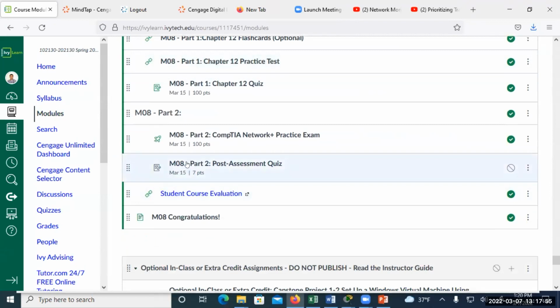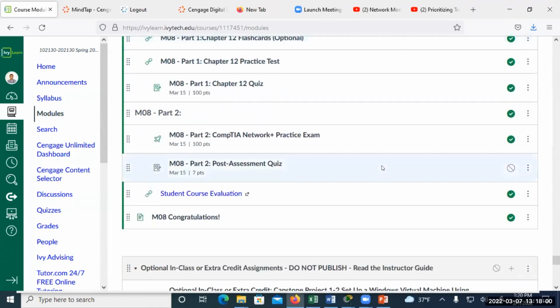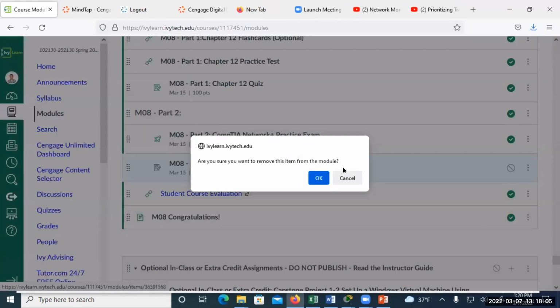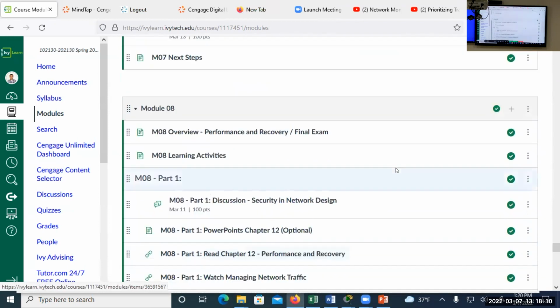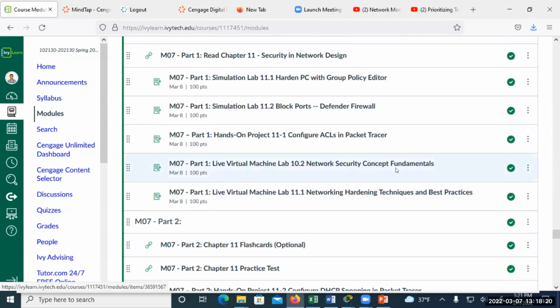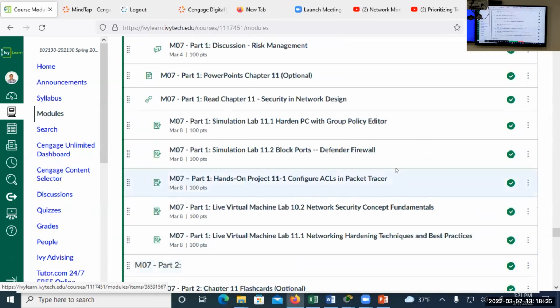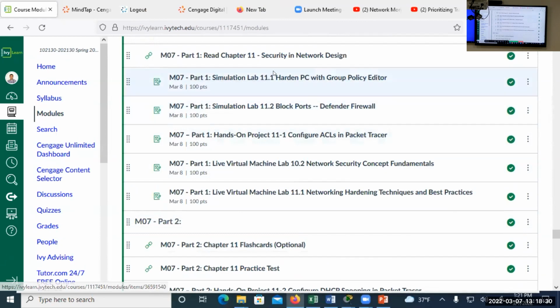Yeah. And that post assessment, do you have to post that? No, you don't have to do this one. Okay. So am I allowed to use notes on the final, or am I not allowed to? You can do whatever you want. Okay. Yeah, so see, you still have a lot of the assignment here, so take your time to do it. Take your time to do it. Tomorrow, this one,